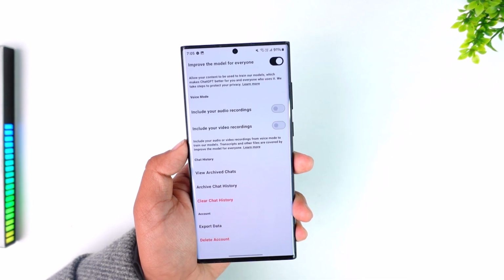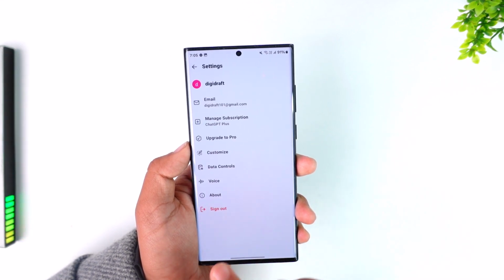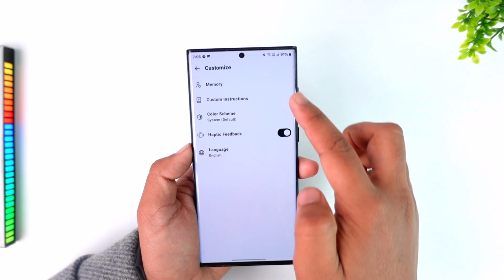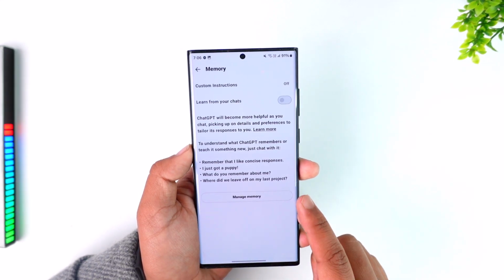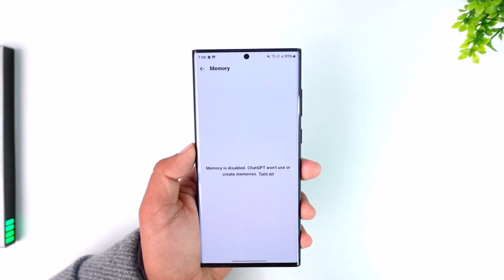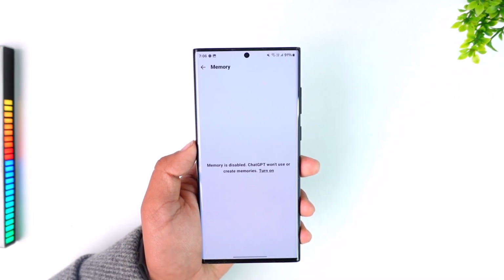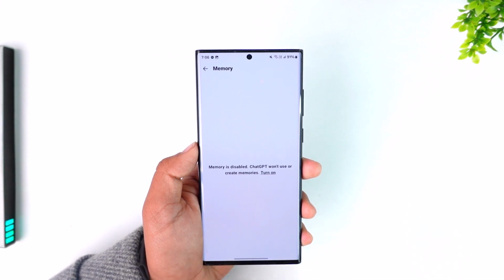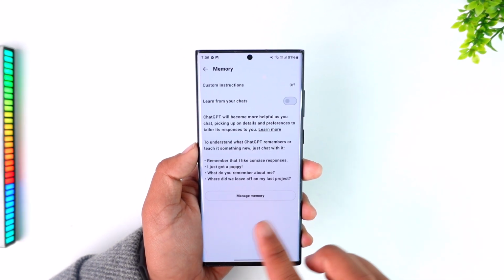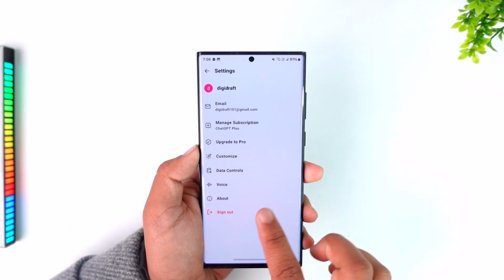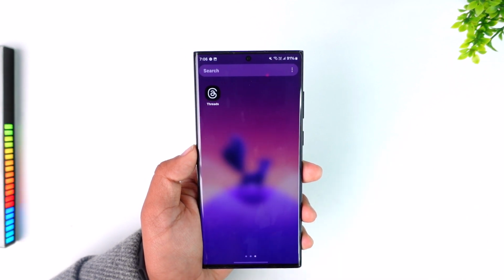history. Once you clear all of the chat history on the data controls, you can also go to customize right here. You can go to memory and make sure to tap on manage memory. Even if you're on PC, that is the same thing, and you have to clear all the memory. In my case, I have disabled memory for this exact cause, but you can choose to also go ahead and then clear that memory. Now if that doesn't work, you can try to clear the cache files of your browser